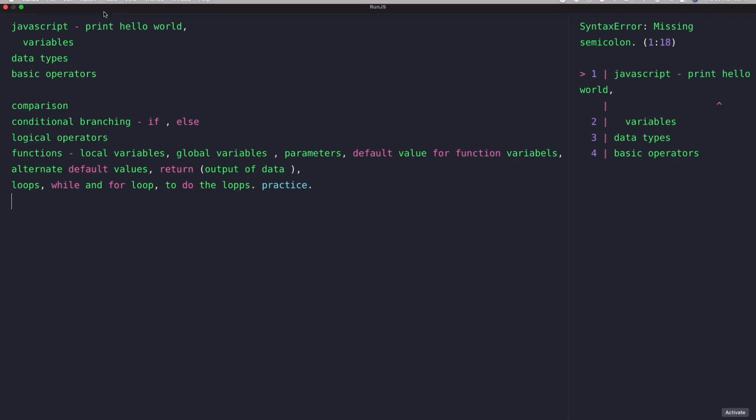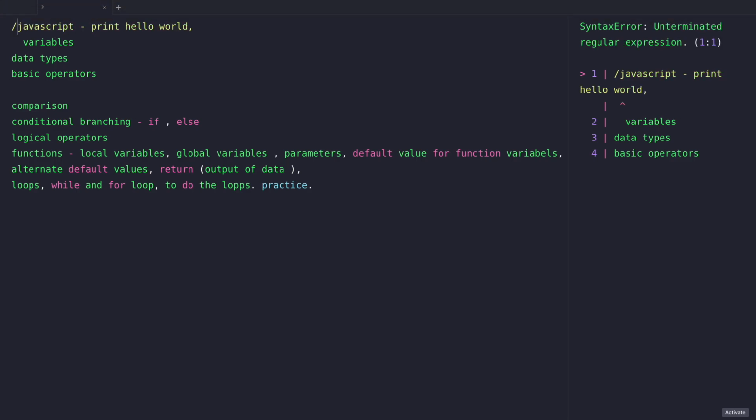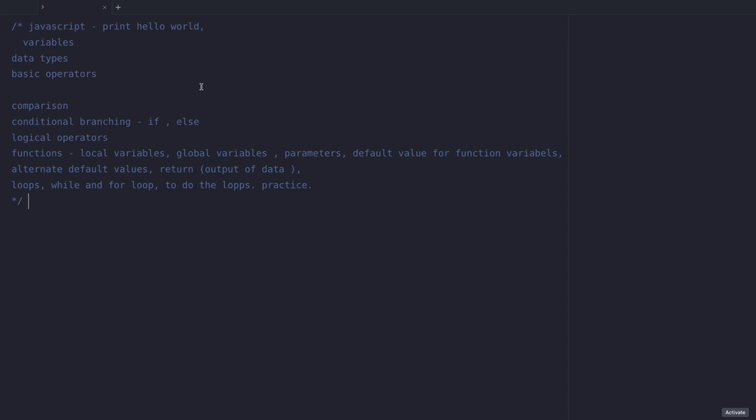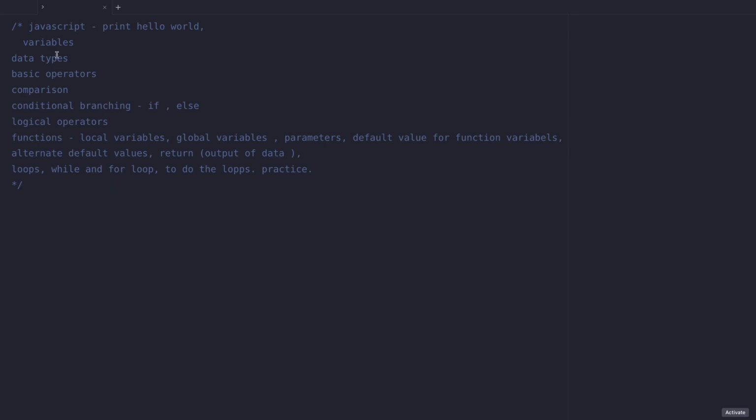For this case, what I'll be using here is a code called run.js, just to help me run my JavaScript. So I've added this as a comment so that it won't disrupt my output on this end. So the first thing that I'll do with this is just to mention about